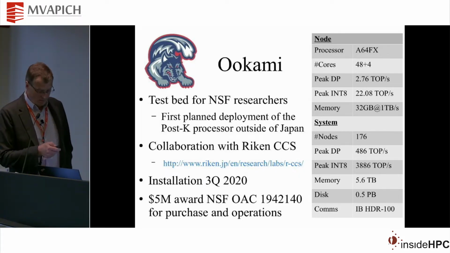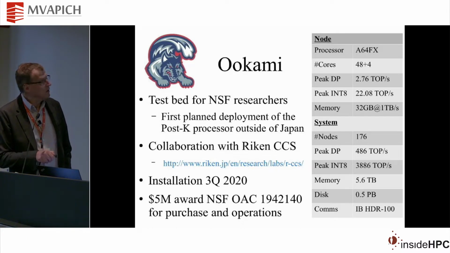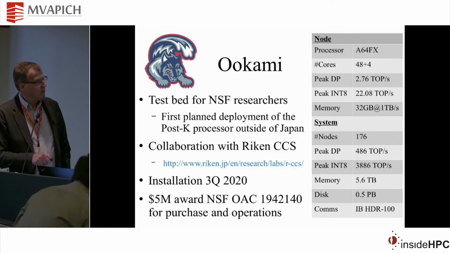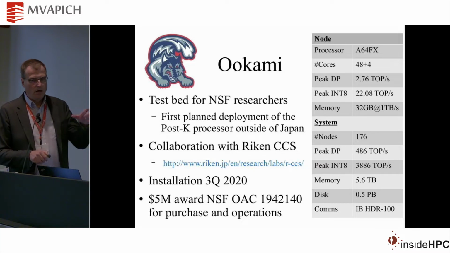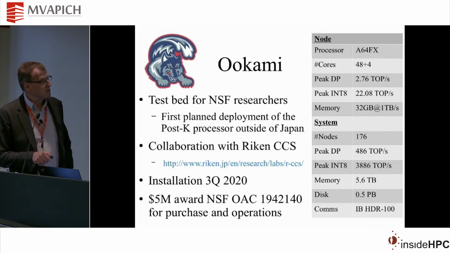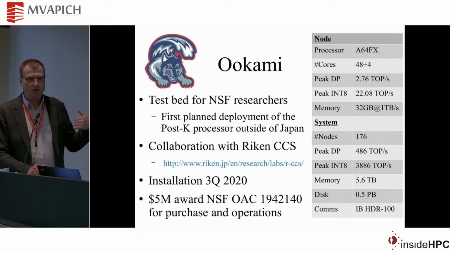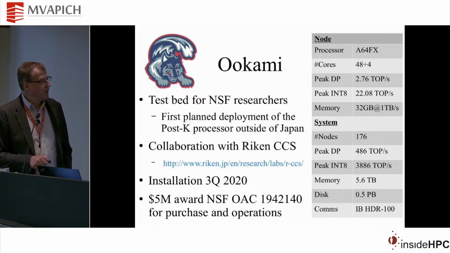Each processor has 48 cores with 4 helper cores on it. We're going to look at the architecture in some more detail. Its peak double precision speed per processor is 2 3/4 teraflops, but it has good support for a wide variety of data types, and its highest performance operation, which is essentially doing multiply-add operations of integers, accumulating into 32-bit floats, runs at essentially 8 times that speed.